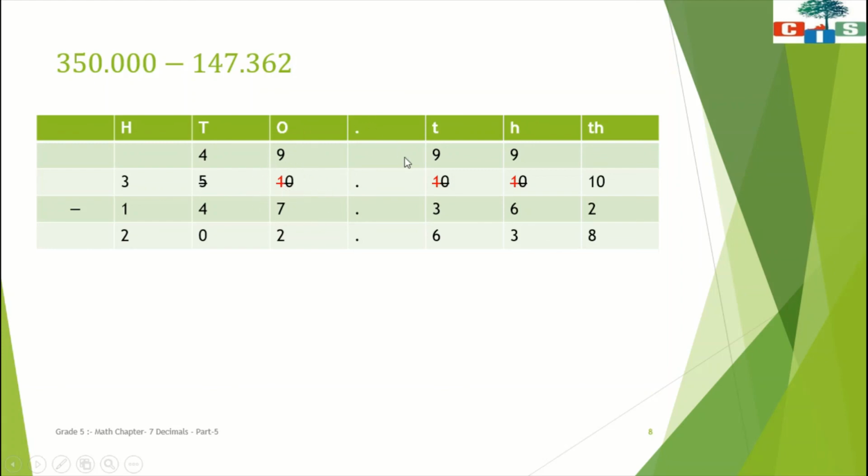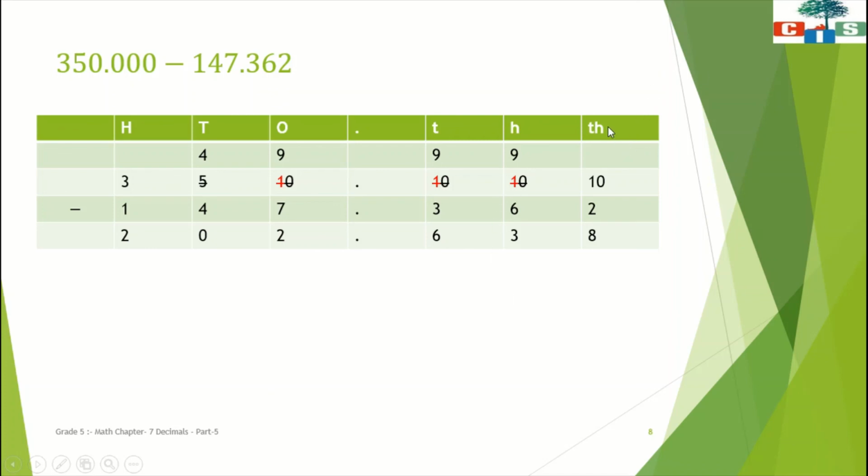Now the digit at the tenths place, which is 0, can easily borrow from the ones place, because the ones place is now 10. When I borrow from the 10, it is reduced by one and becomes 9, and the digit at the tenths place becomes 10. Now we come to the hundredths place, where we again have 0. Now the tenths place is 10, so we can easily borrow from it. The 10 becomes 9 and the digit at the hundredths place becomes 10.